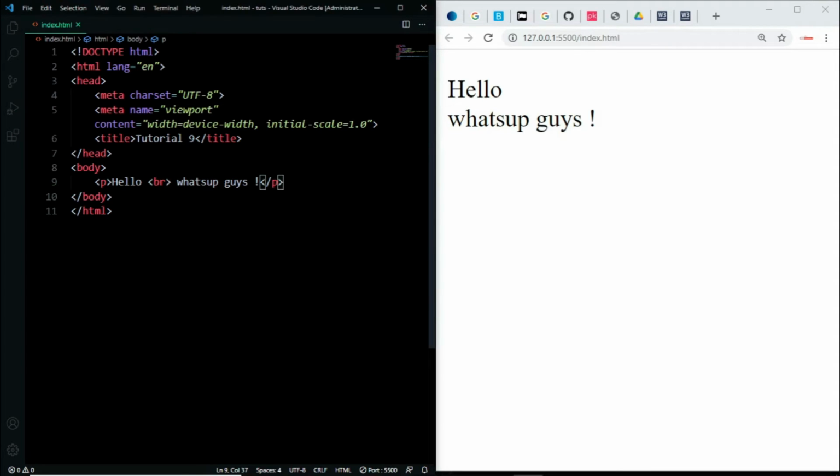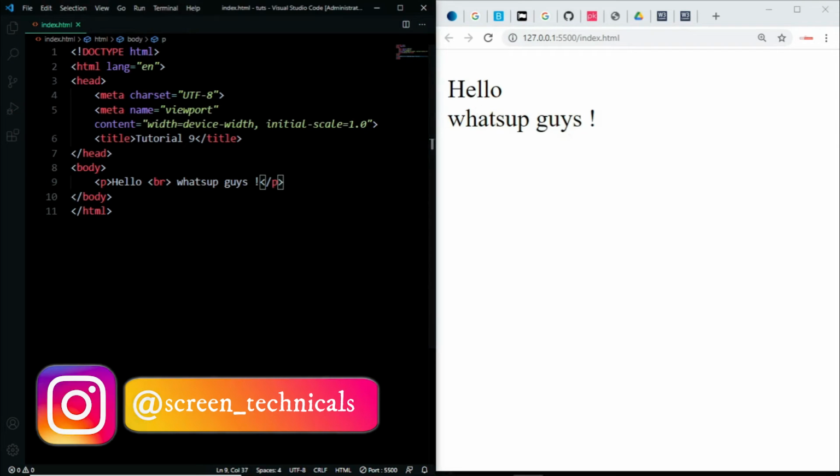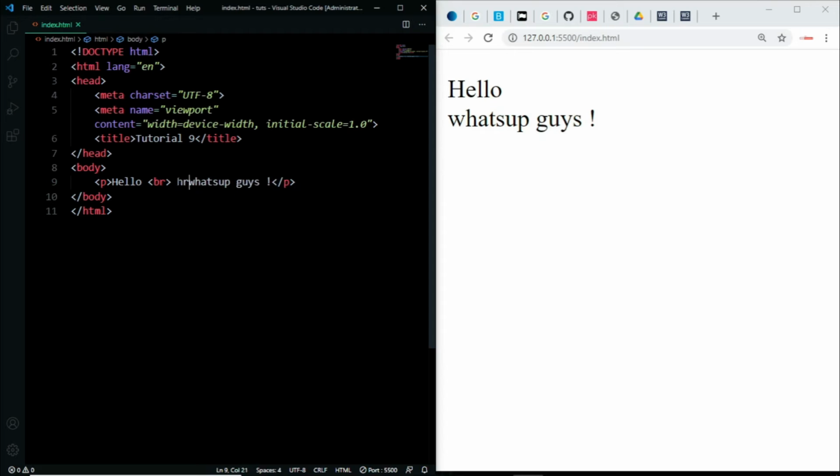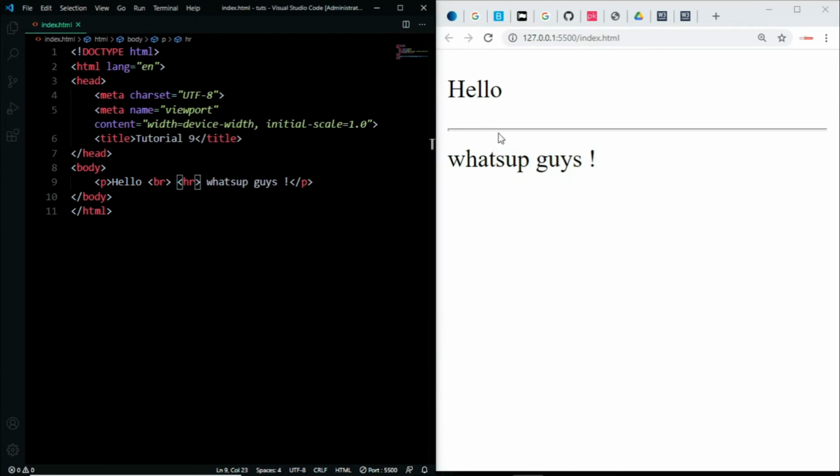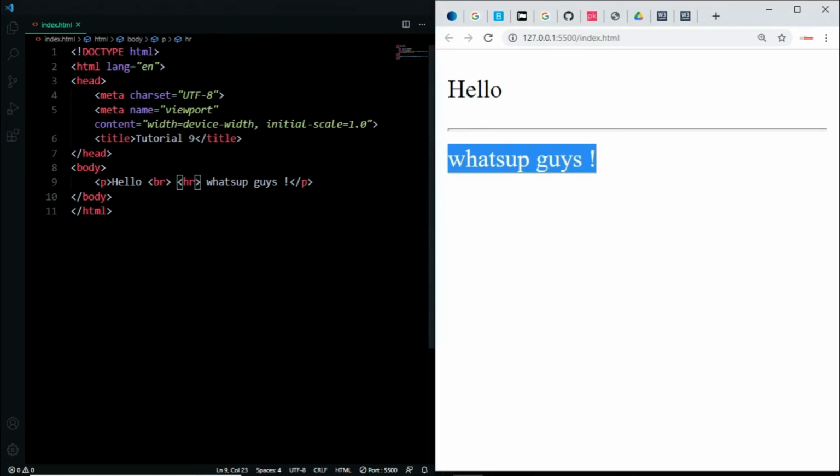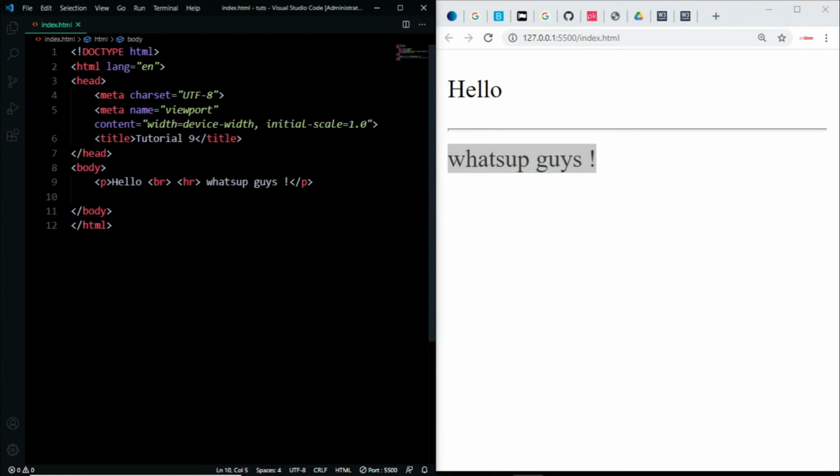And if I want to separate this two using hr tags, then if I will write here hr, now you can see we have a horizontal line like here. Okay, so in this way you can also separate your texts. Okay, you can use this hr here also. If I write here hey hr, now you can see another horizontal line right here, and below this I can write here